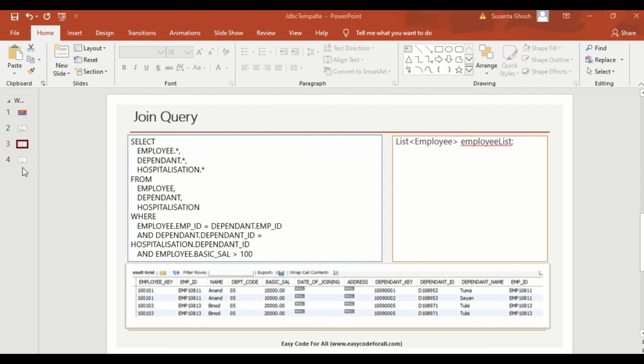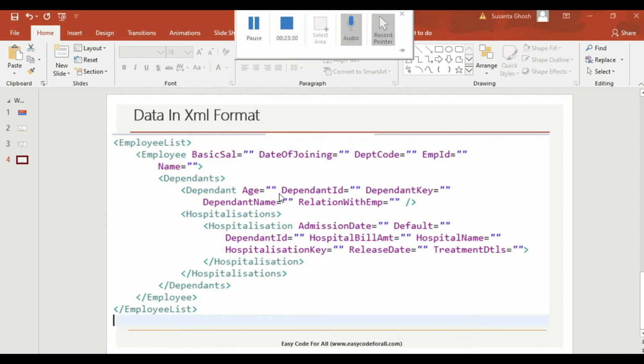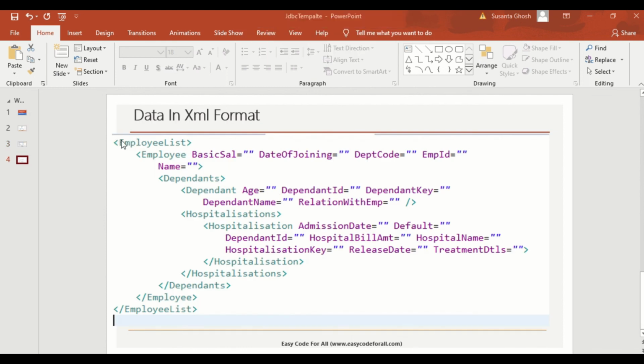If we represent the data in the XML format, how will it look? We can represent the data in XML format like employee list, employee. Each employee will have a dependent, and under dependent we will have hospitalization and hospitalization record. So we can represent the data in this XML format also.